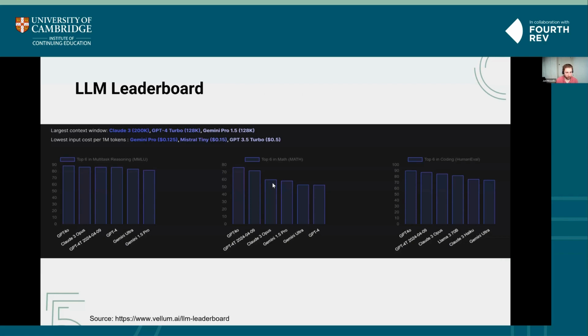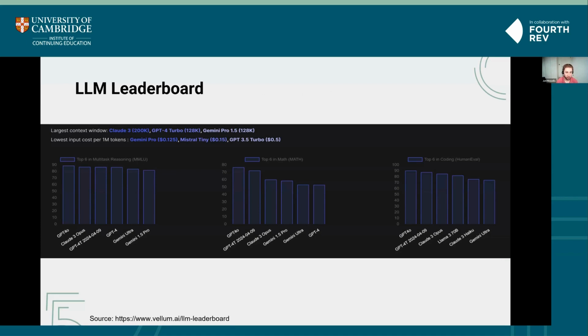Okay, so what are the large language models available and how do they compare? This is always changing. This is from today, but within a few months' time, this may look completely different, and there are many different benchmarks and leaderboards. This is one that I used from a company called Vellum, showing some of the most common large language model benchmarks.